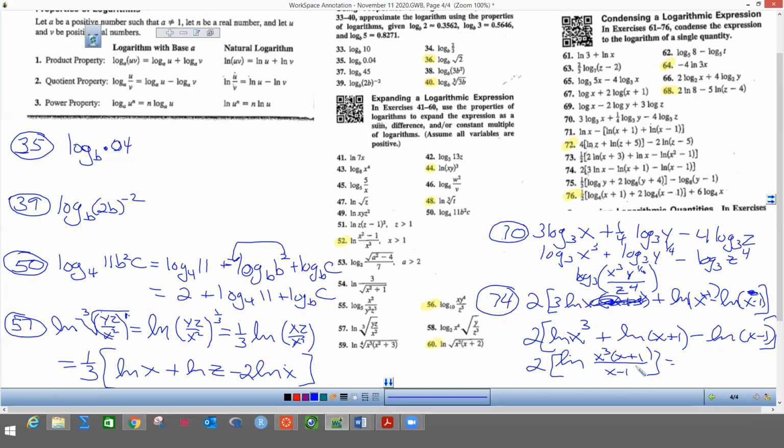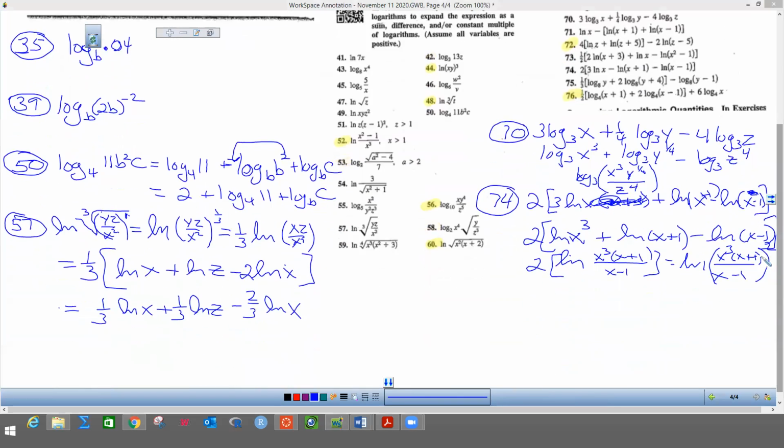And then we get to move this 2 to the front, to the top of all these powers. So this is going to be natural log, and we got x cubed times x plus 1. And down here we got x minus 1, and then we bring that square up there. And then the last step on this one is we would probably want to square everything inside there. So I think the best answer would probably be power to power is multiply, so that's x to the 6, and then we got x plus 1 squared, and on the bottom we got x minus 1 squared. So that's probably the best